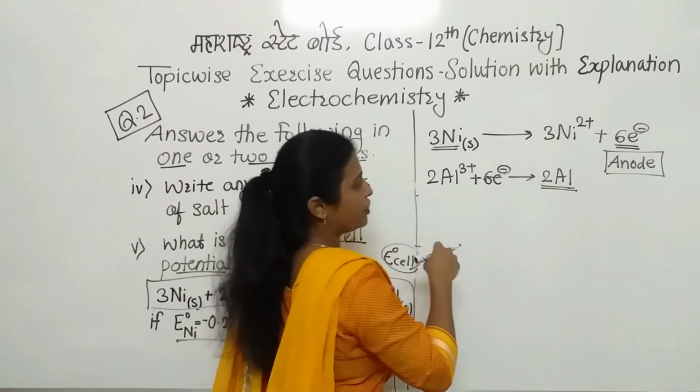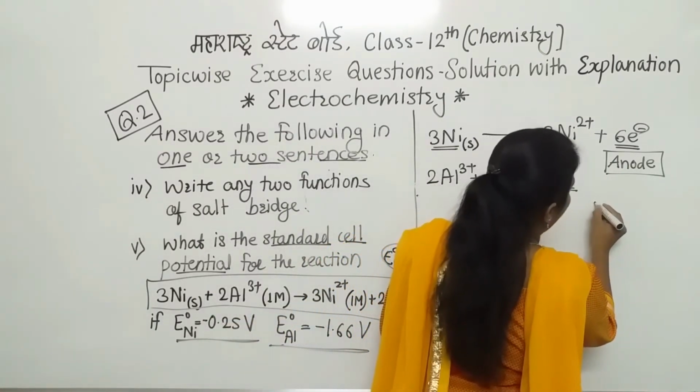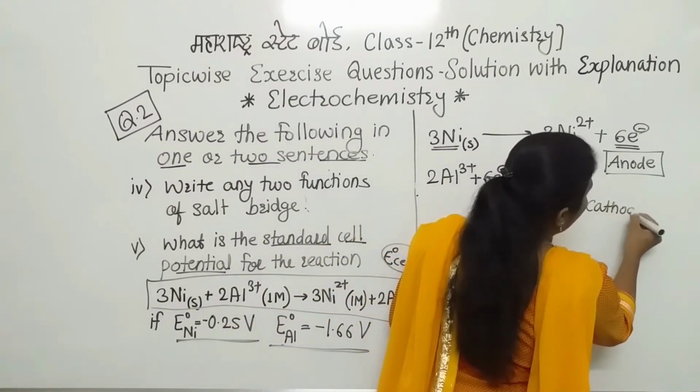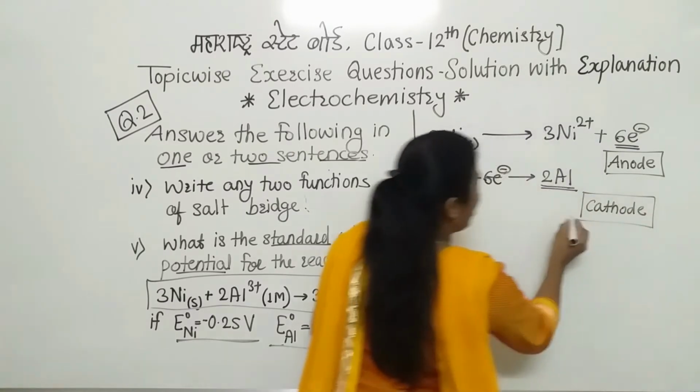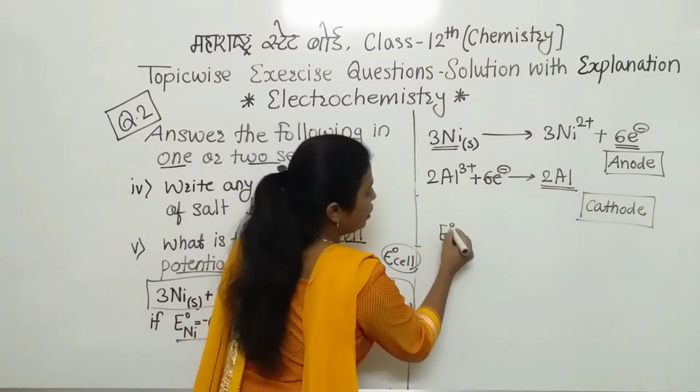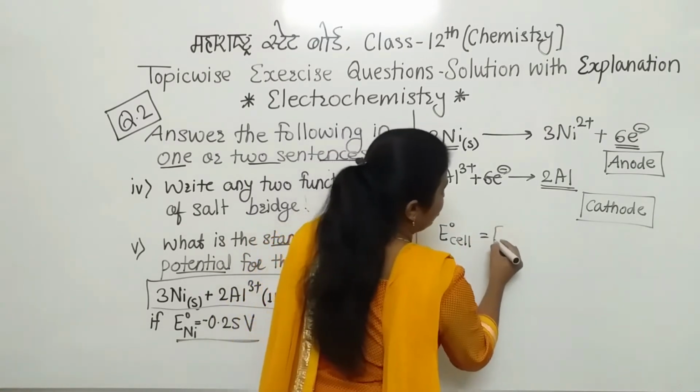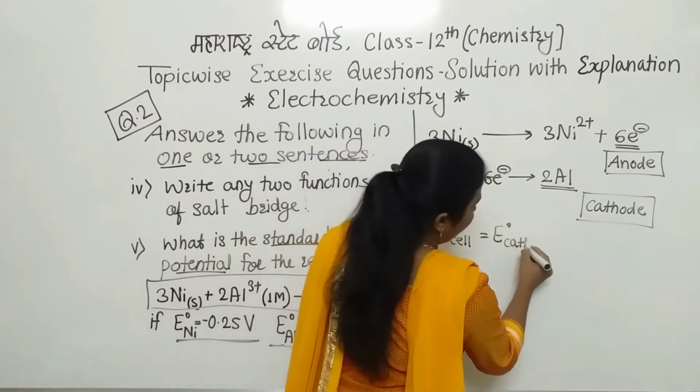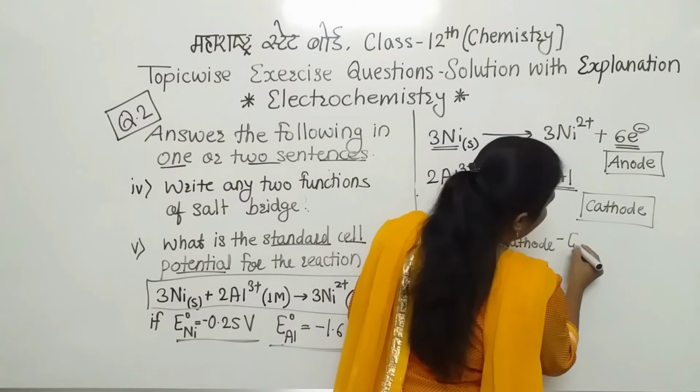Here there is a gain of electrons, so this reaction takes place at the cathode, and that is the reduction reaction. As we know the formula, E naught cell is equal to E naught cathode minus E naught